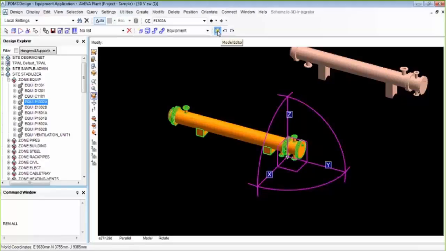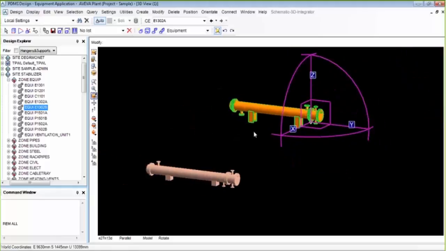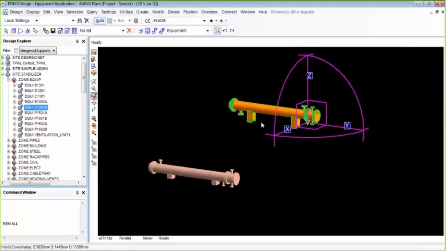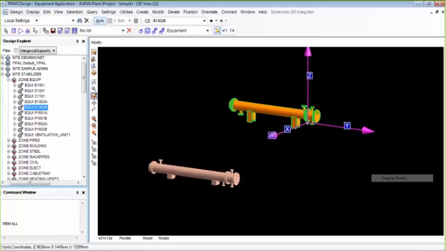This model editor is a tool which can be used across all the disciplines in PDMS. Model editor is basically a positioning and modification tool which makes positioning items in PDMS relatively easy. Like if I want to place this equipment over this equipment, one option is I check the distances and move it manually. Another option is I use the model editor